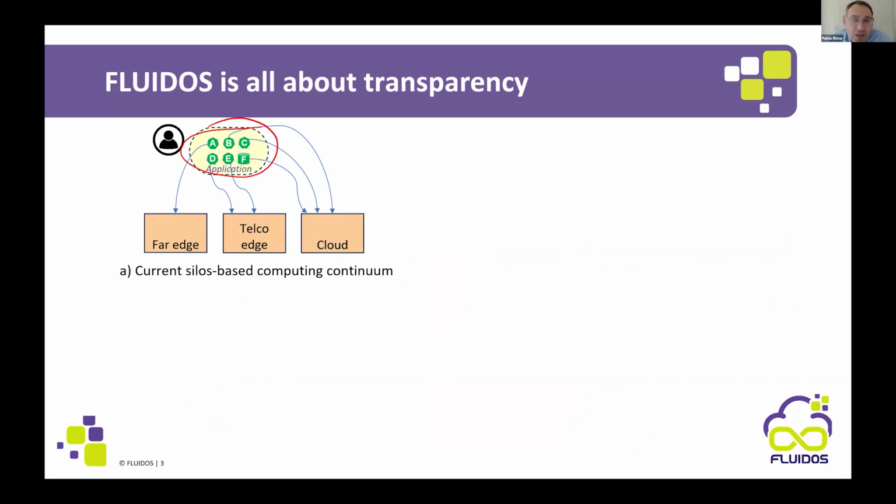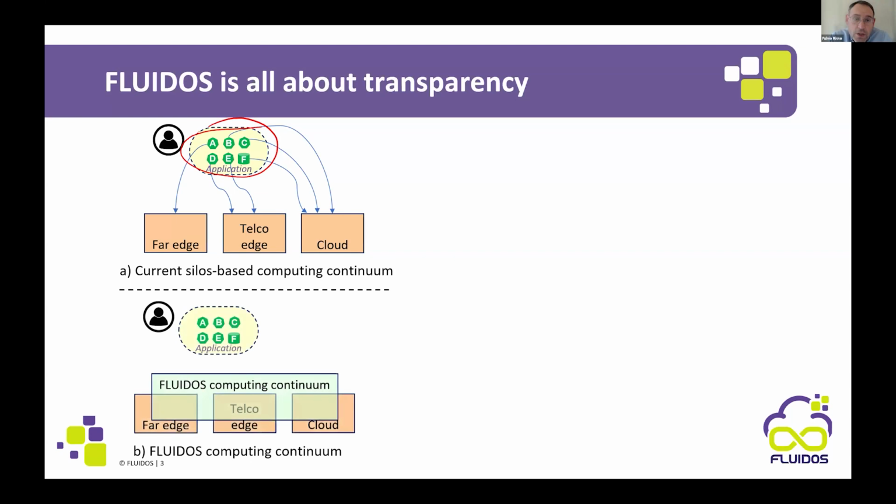And this is rigid, inflexible, and in the end, it creates a lot of troubles. The FlUIDOS computing continuum is something different. So you still have your application with multiple components and so on, but you deploy in the FlUIDOS computing continuum, which is like a super virtual cluster that spans across multiple clusters or devices or cloud. It doesn't matter, we support several devices and clouds at the same time. And this FlUIDOS continuum does the magic.